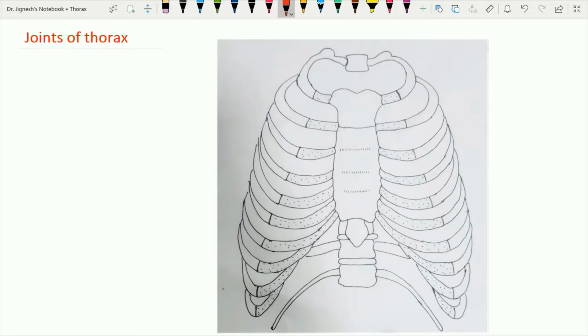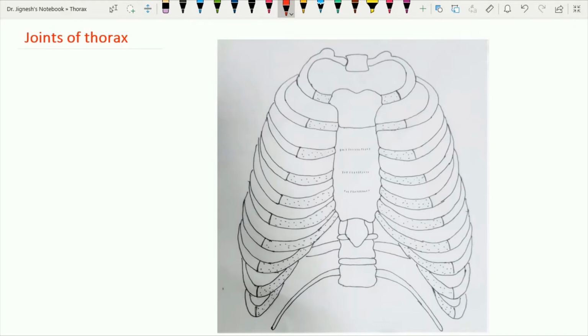In the case of the upper seven ribs, these cartilages articulate directly with the lateral border of the sternum, while the costal cartilages of ribs number 8, 9, 10 attach directly to the higher cartilage above, while the 11th and 12th ribs are floating, and their costal cartilages are floating within the muscular portion of the posterior abdominal wall.